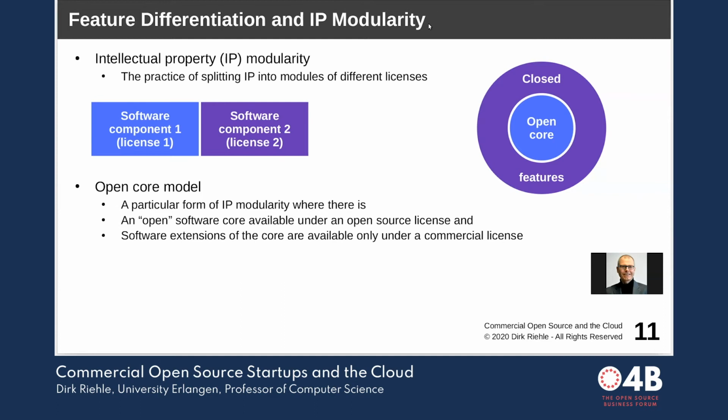In the open source world, there's a specific variant of intellectual property modularity, which is called the open core model. The open core model has one component under an open source license, called the open core. And then it has additional software under a commercial license only, which extends that core. So open core software is software where the core is free, but extensions are only available